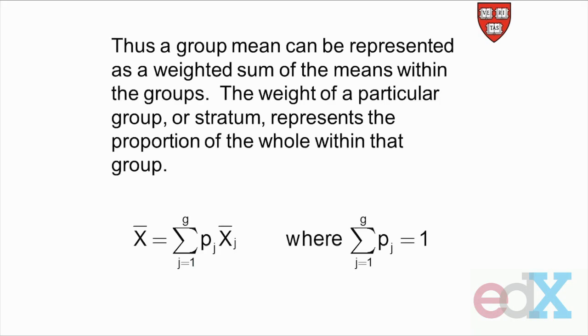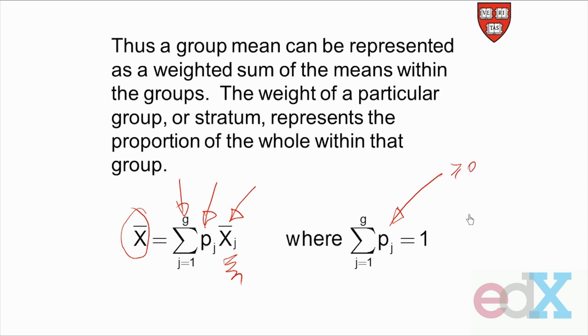Okay, so what do we have and what have we learned so far? We've learned that an overall mean can be represented as a mean of means, or a weighted average, here are the weights, of group means. So we've got G groups, each with their individual mean, and we can combine all of those together, and we come up with the overall mean. Now, each of these PJs, as you've seen, are each greater than or equal to 0, and they sum up